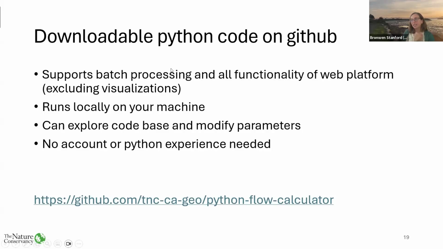And it runs locally on your machine using the downloaded code. I mean, you can also use this if you are more interested in getting into the details. You can use it to look at what the calculator is actually doing, explore the code base on your own. There's a bunch of annotations to help describe things. And if there's some specific need, you can also modify some of the parameters that the tool is using on